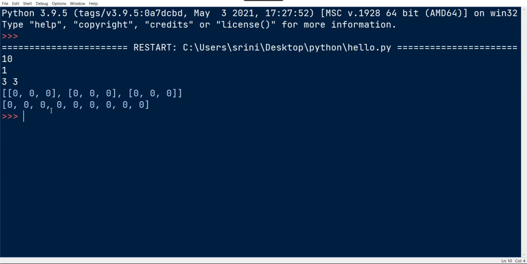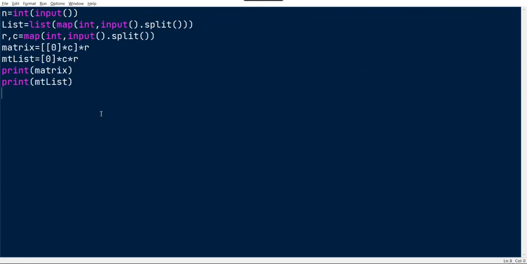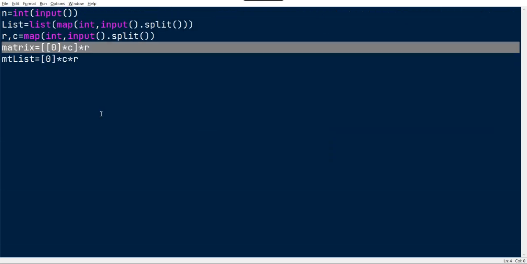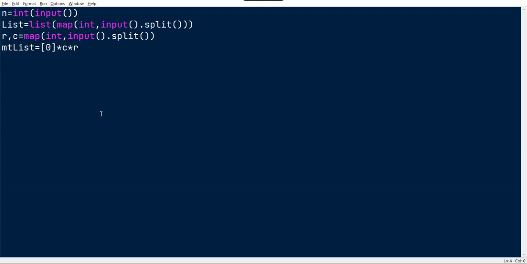We are going to stick with the single dimensional list, because if we go with a matrix like this, we have to specify the row and column index, right? But if you are doing it with a single line, we just need to put a specific index. So that seems easy for me, so I'm going to stick with that. Empty list, or else you can go with the matrix.